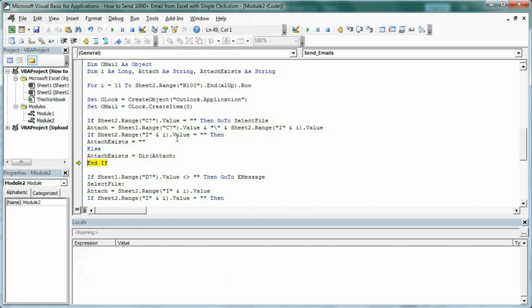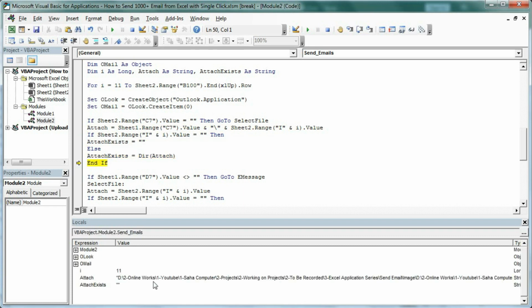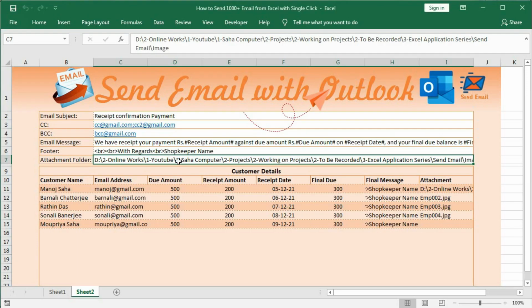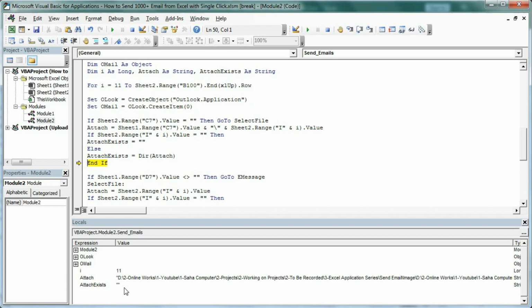Now you can see here attach is this one, this is the complete path, and attach exist equal to blank, because in this folder this file does not exist. That is why it is showing blank.